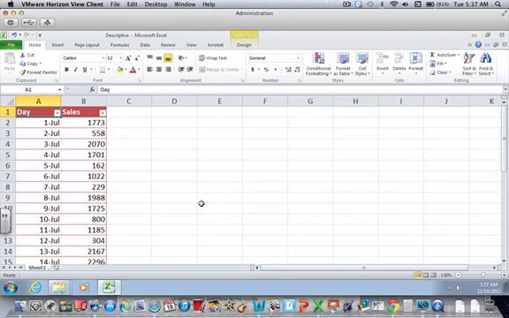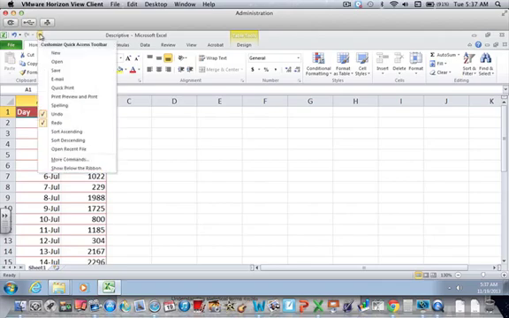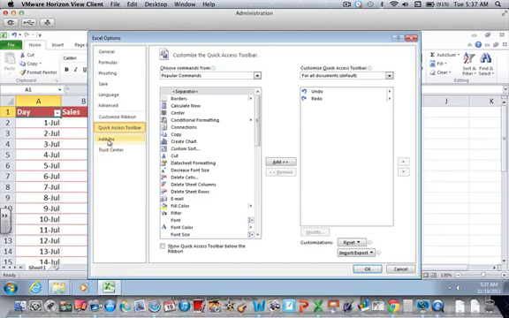So Excel has a useful tool called the Analysis Toolpak, and you can use it for descriptive statistics. The first thing you have to do is make sure it's turned on. So what you're going to do is go to this little arrow up here in the top and select More Commands. And then you're going to click Add-ins,